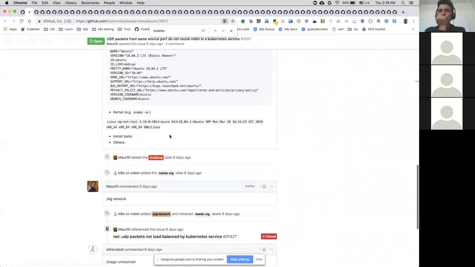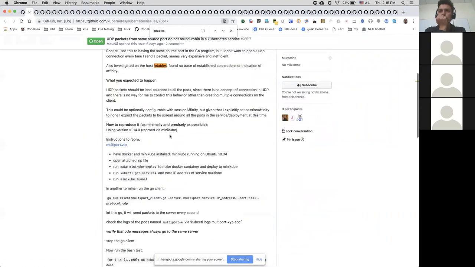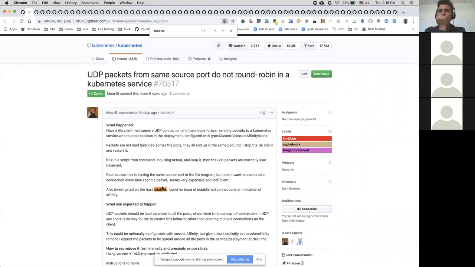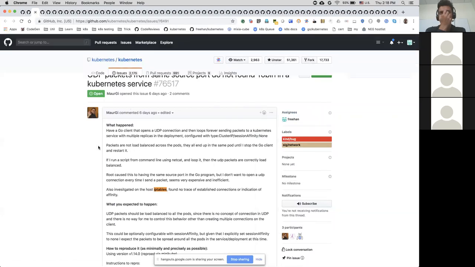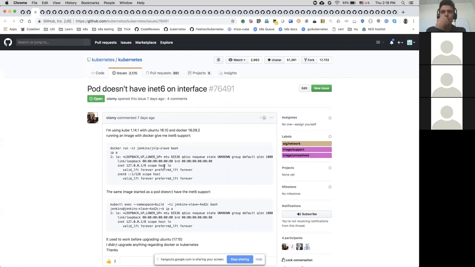Well, wait. First off, iptables doesn't even try to round robin. It's probabilistic. Yeah, it's random, and once it establishes, it's picked one. Because the source matches the conntrack entry, it should stay. If it's all one flow, it's not supposed to get split up. So it works as designed, as expected. Okay, I'll assign it to myself, and I'm going to close it. Open new sockets and see what happens, right? Yeah.